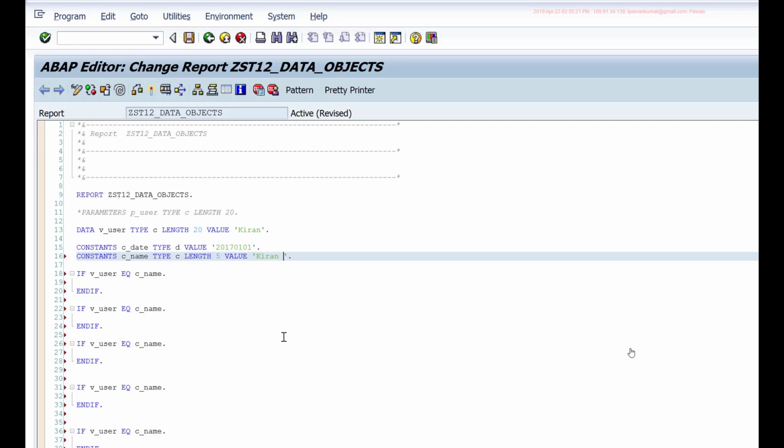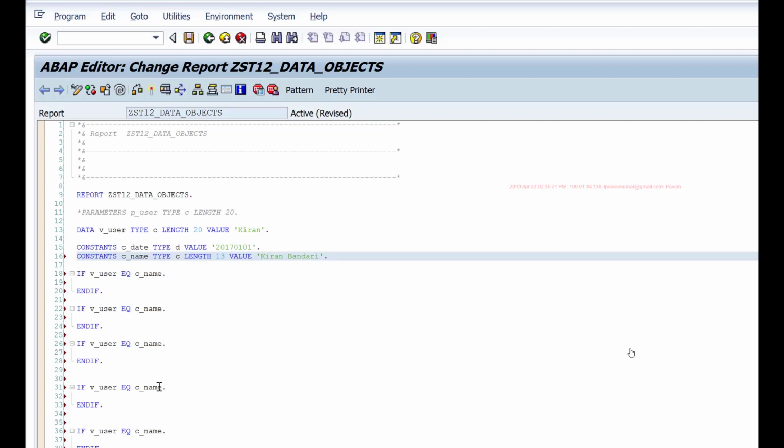So let's say they want me to compare for my full name. I'll increase the length to 13 and compare it to my full name. I just edit it here, and automatically all the statements will now start comparing for my full name. Whereas if I had used literals, then I would have to go and edit each statement, each if condition, to compare it to a different value, right?